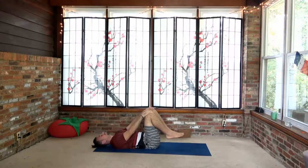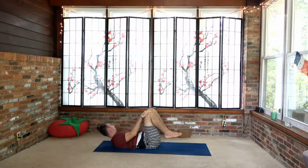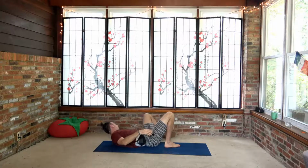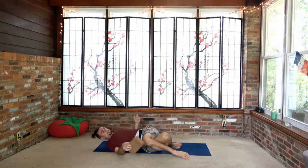Let's bend the knees. Let's take hold of the knees. Hold them above the hips. Finding some gentle circles or sways. Inhale and exhale. Let's rock the knees over to the right side here. Supine twist. You can cross one foot over top of another, or you can use a block underneath if you like,